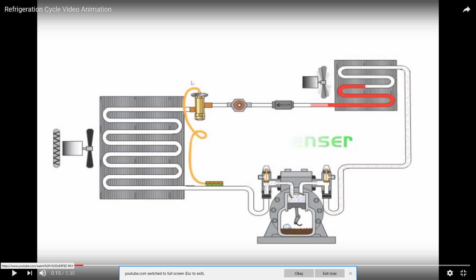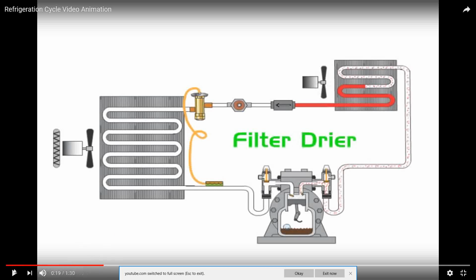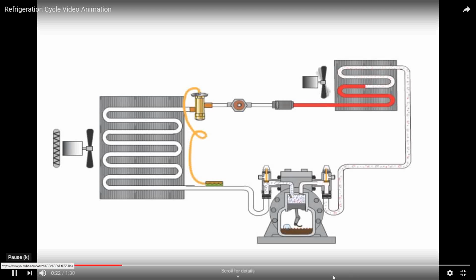So that's why we have to add something in between to make this liquid a low temperature liquid. In that way, when the low temperature liquid passes through the evaporator, it can naturally absorb the heat and get evaporated. So in that process, by passing through some necessary parts,